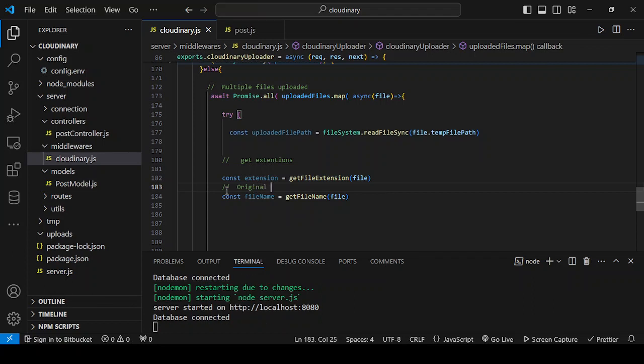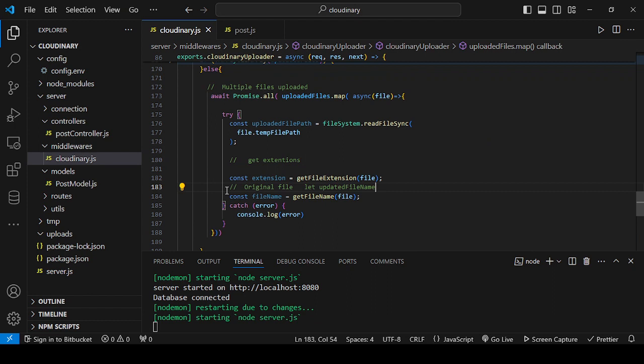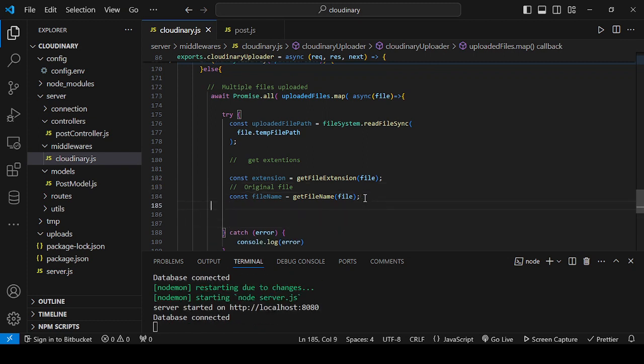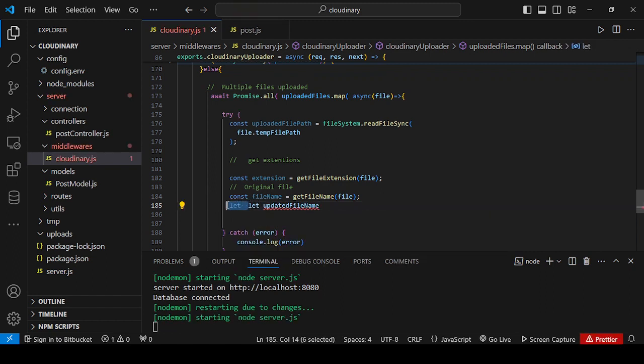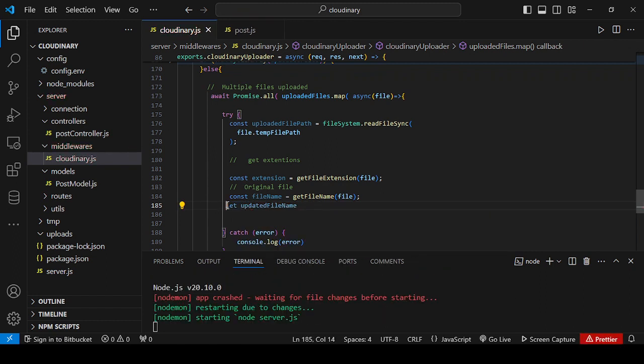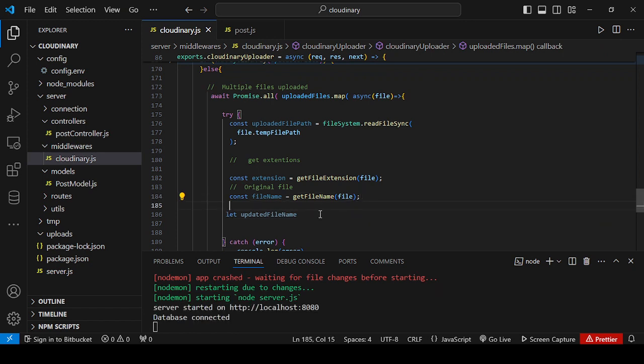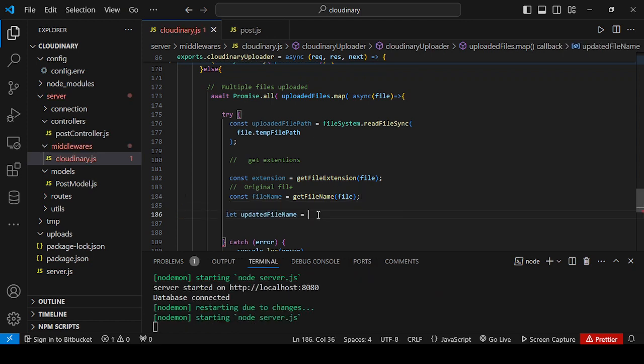Okay, so let's say set updated name. Let updated file name, which we've created before. The updated file name equals to